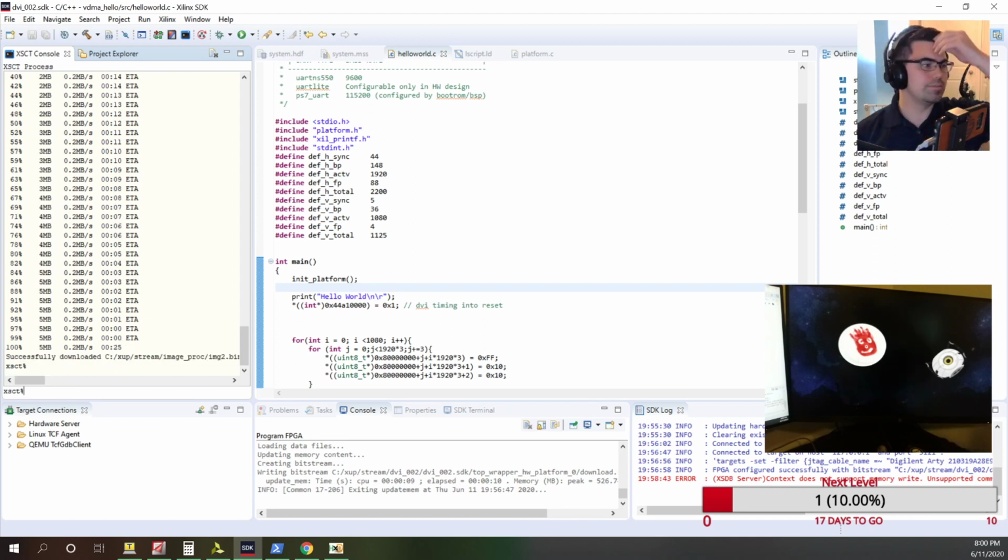Well, there you go. A 1080p image, 30 frames per second, outputted by the FPGA. I think that's pretty cool. And now we can try to do some image processing on these things. And it looks like